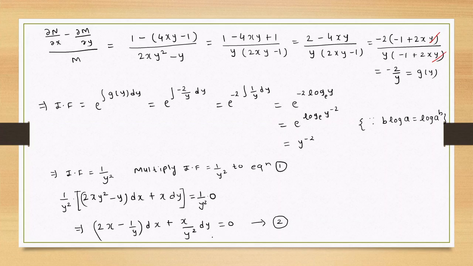So we have converted the equation number 1 into equation number 2, in which equation number 2 is an exact differential equation. There is no need to check that equation number 2 is exact or not. Right? Okay. Now, so equation number 2 is exact